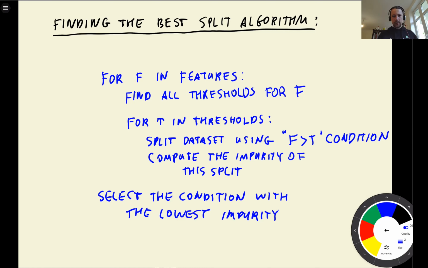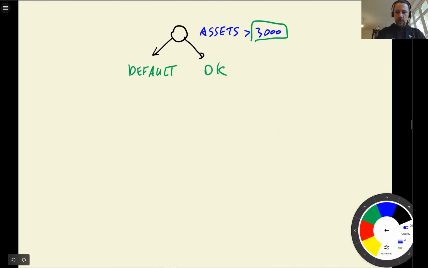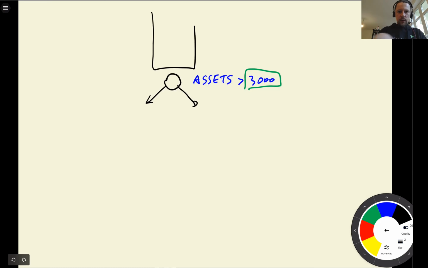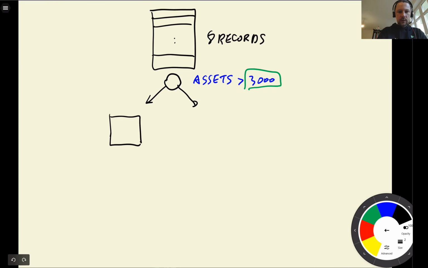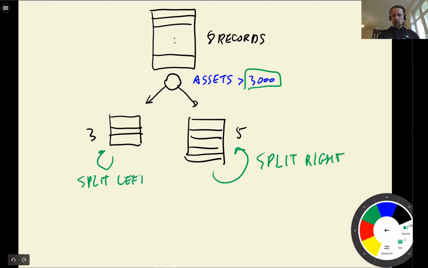We split this, and let's say we have our tree here. Let me copy it. So let's say we have a data frame here with 8 records. We split it into a data frame with 3 records and a data frame with 5 records. And if we want, we can repeat this process. So we can split on the right, and we can split left. Of course, when it's just 5 or 3, maybe it doesn't make sense to split. But let's say if we have 800 here and 300 here and 500 here, it makes sense to keep splitting. So we recursively apply this algorithm to the left and to the right,